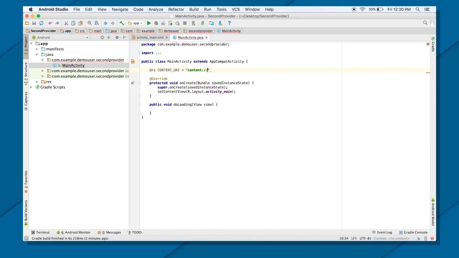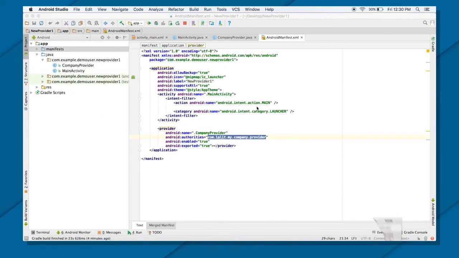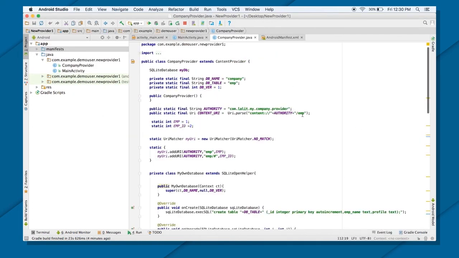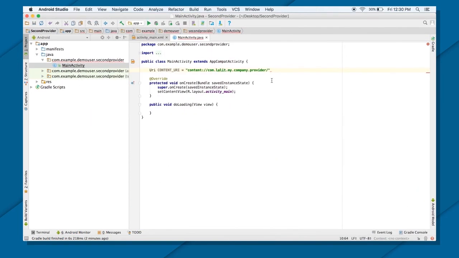You need to know this; unless you provide this information to your different applications, they won't be able to access it. So provider, and then I have another one to access the table, that is EMP. So there you go. You have the content URI now, but you have to parse it. So Uri.parse. Just put it here. Okay.